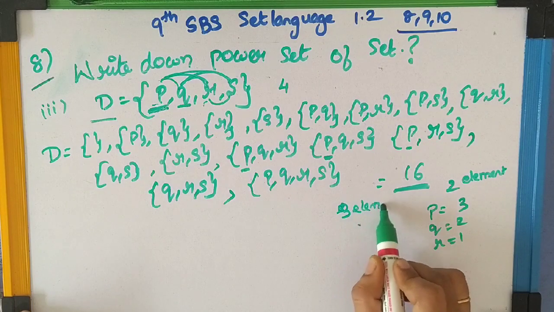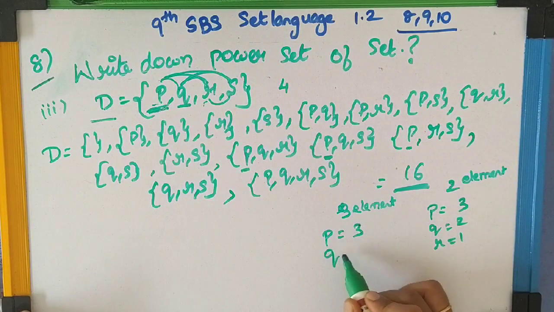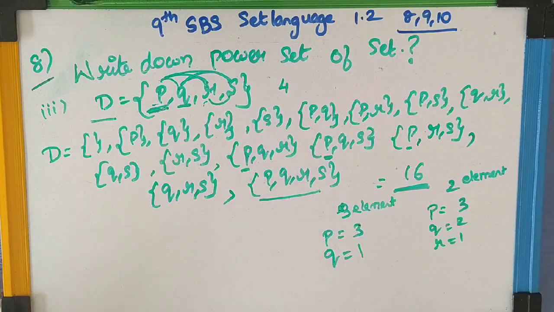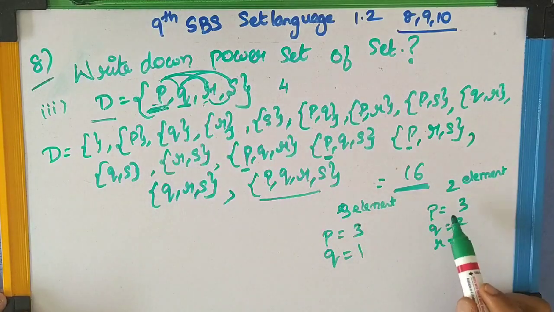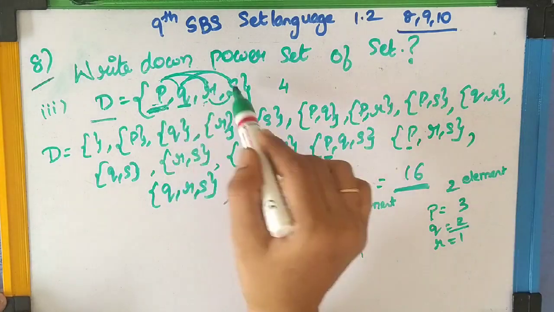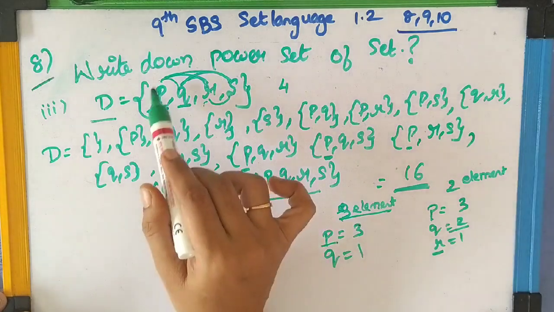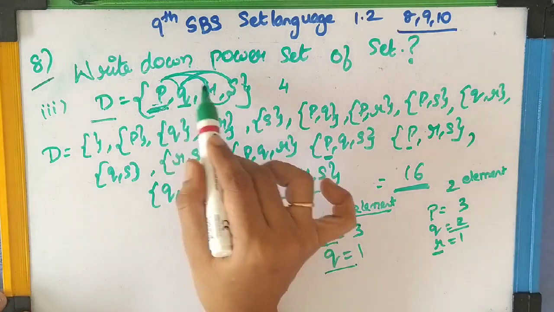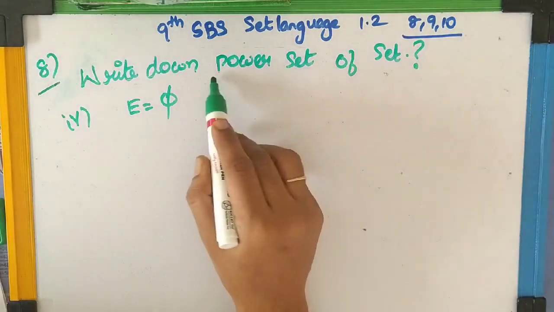Now we should join the three element sets. First we combine the first three elements P, Q, R. The fourth element starts crying. So I am removing the last element from that, removing R, and adding S. Okay, P, Q, S. Now Q says I have come two times, so I am very tired and I am going. So the remaining is P, R and S. Now P said I have come repeated three times, so I am going to take rest. So the three elements remaining are Q, R and S. Then the final subset is we have to join all four elements and write P, Q, R, S. Okay, clear?